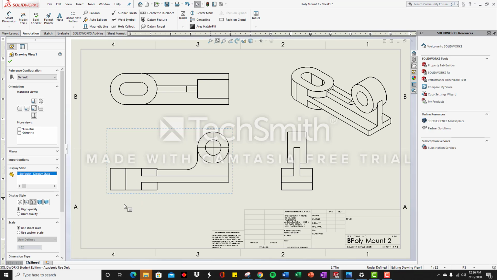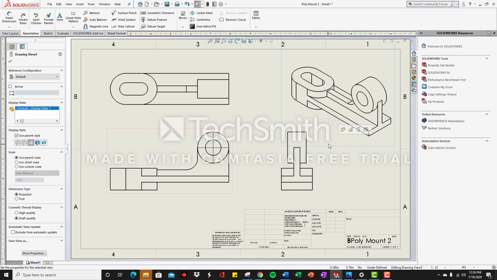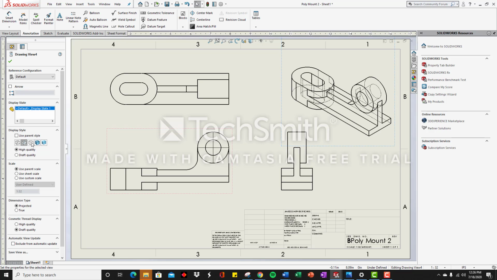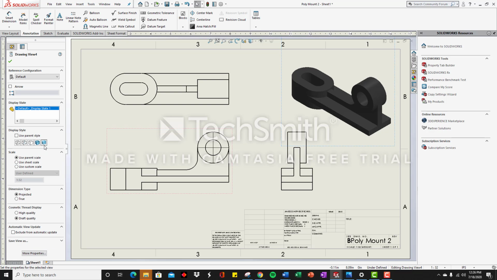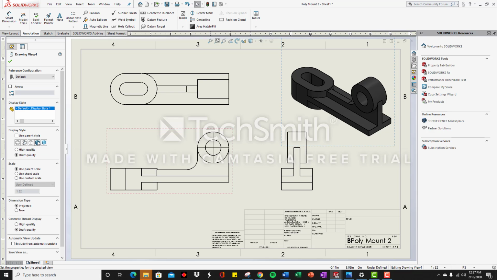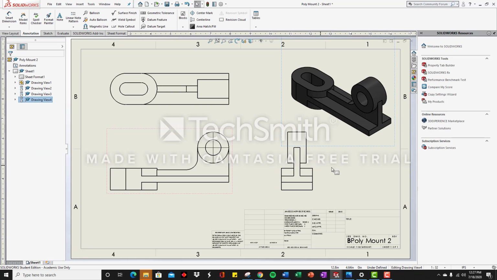The next step, we're going to be changing this isometric view to a realistic view with lines. Right here in the drawing view, if we click on this, we're able to edit it. Right here, drawing view 4, these are the different display styles. You have wireframe, hidden lines, standard lines, realistic view with lines, or just realistic view. We're just going to go with realistic view with lines. The next step that we're going to do is click the green check mark to escape the command, and